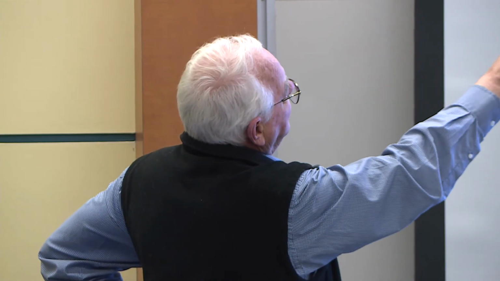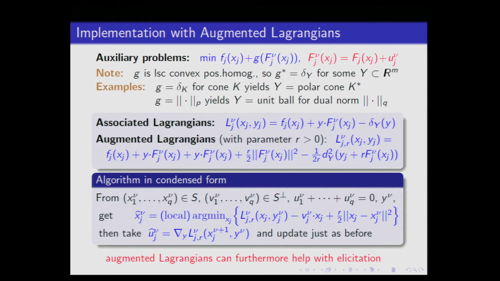And then because of the way this augmented Lagrangian is defined, you can show that this uj that you need is just the gradient in it. In many cases, you can write a formula for the gradient. And now, here's another thing that's playing into this. This elicitation had to do with second order theory, and somehow some kind of creation or discovery of convexity or monotonicity that's inherent in something. And with augmented Lagrangians, we know very well that they have a convexification effect. Augmented Lagrangians in the primal variables can create this, and there's actually an equivalence in here, which I don't have time to explain.